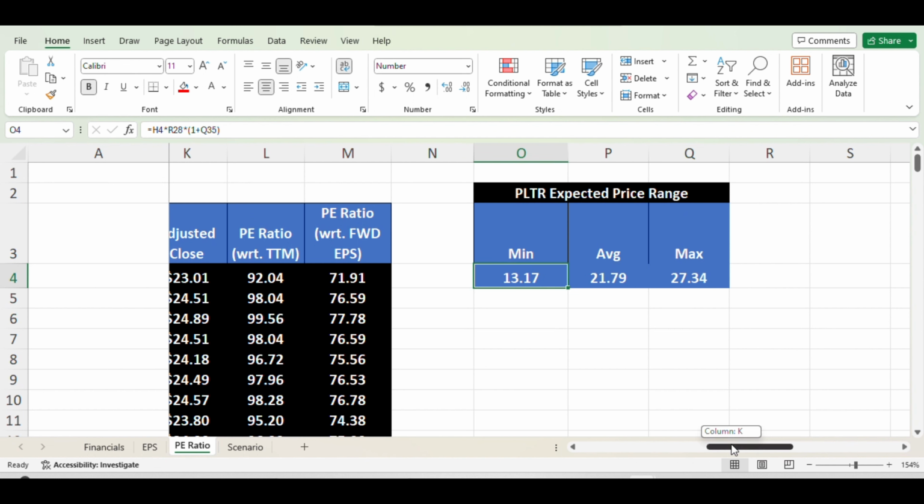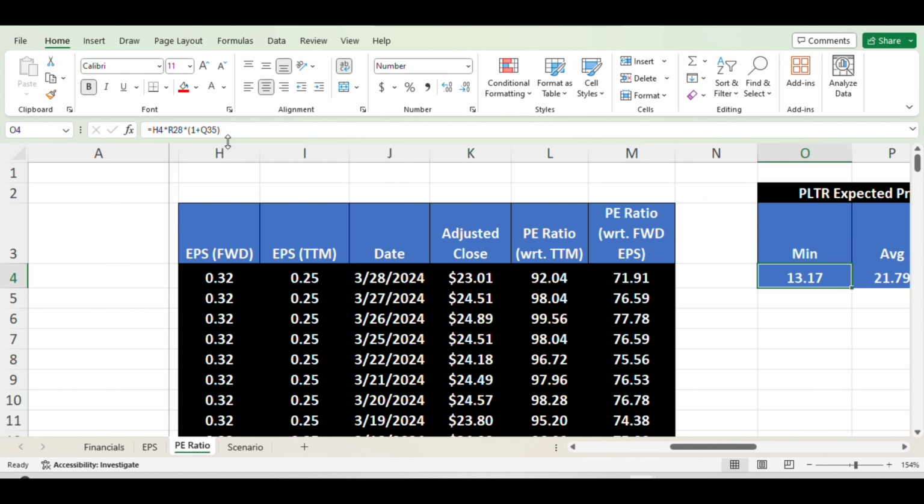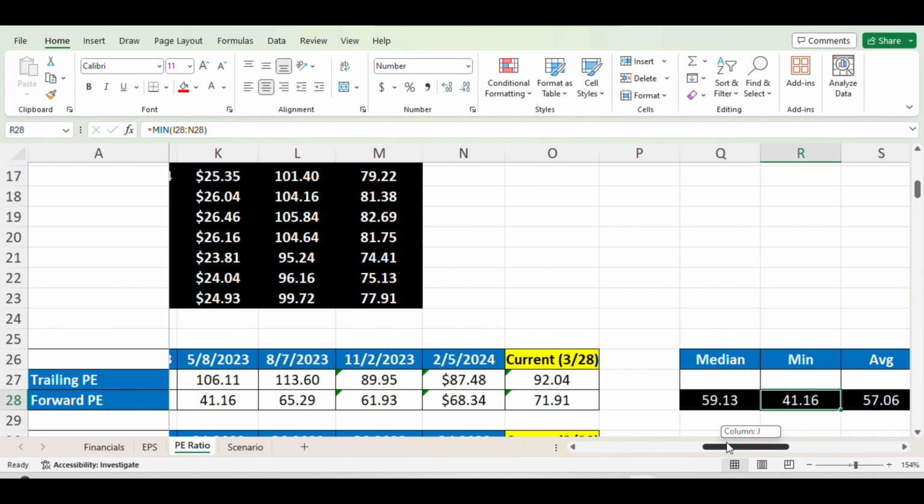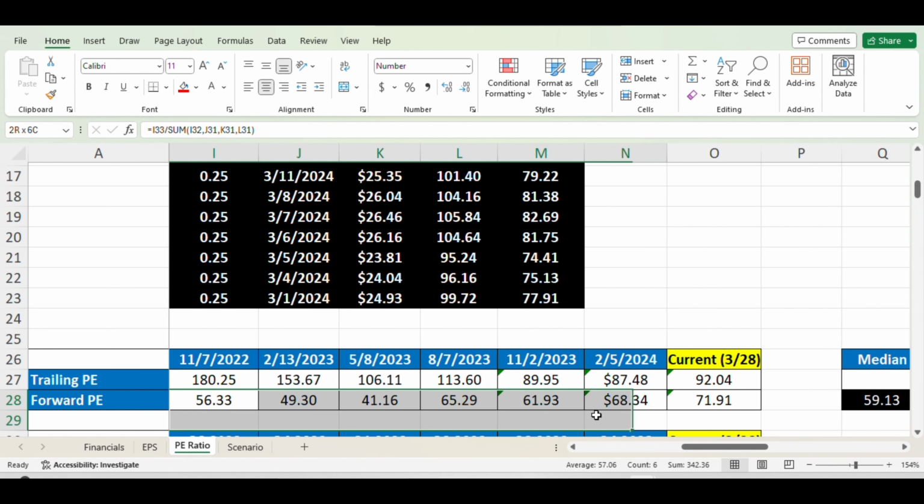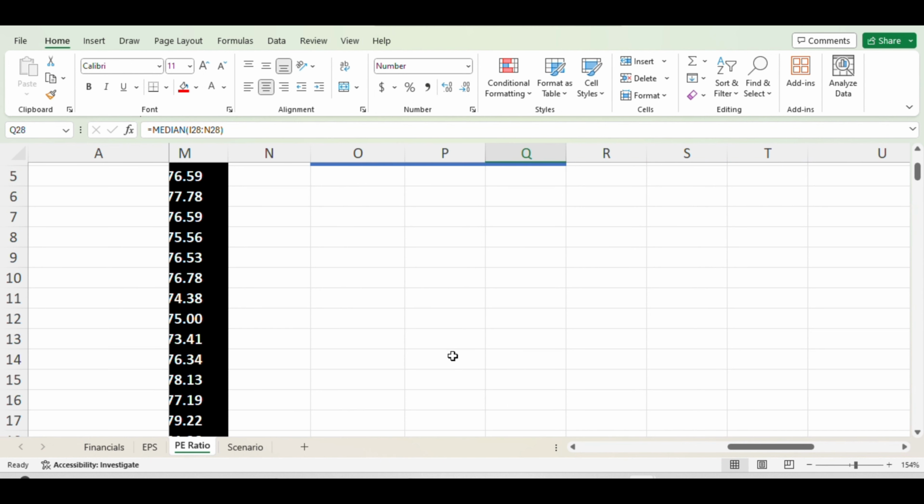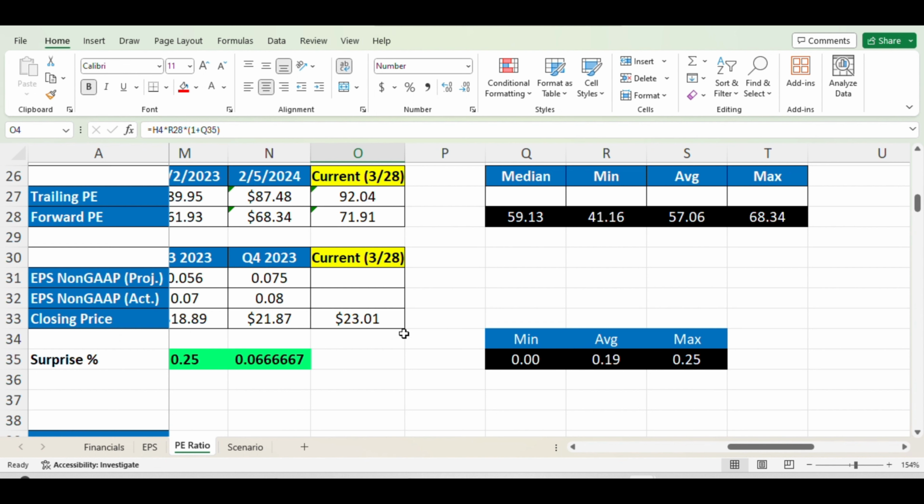To calculate the minimum stock price projection, I'm using EPS forward, you see H4, and multiplying with the R28, that is this value. So this is basically min, average and maximum forward PE for last 6 quarters. I'm trying to calculate the forward PE scenario, min, average, maximum, and median value for last 6 quarters. So using that factor in the formula R28, and then also I'm adding the min, average, and maximum stock surprise